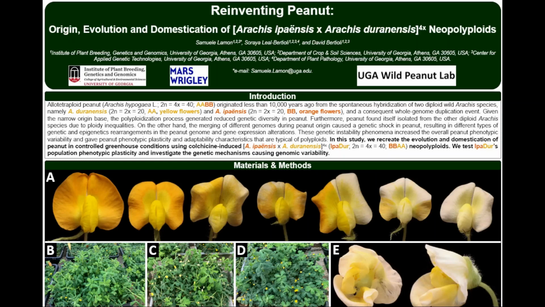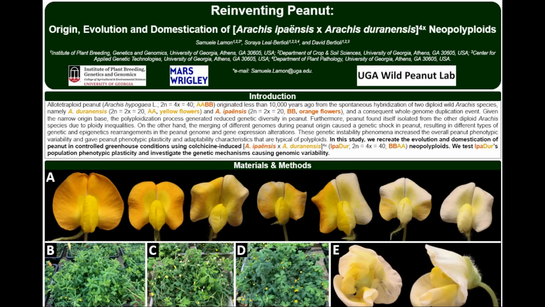two different genomes, which resulted in genetic and epigenetic modification in the peanut genome and gene expression alteration. This created genetic instability in the peanut genome and increased the genotypic and phenotypic variability of peanut, conferring plasticity and adaptability characteristics which are typical of polyploids. For this reason, throughout the years, peanut evolved morphologically very different and became the chosen species for domestication in the